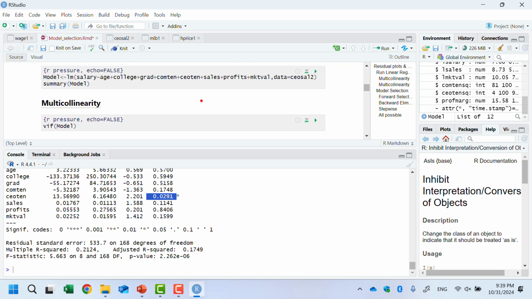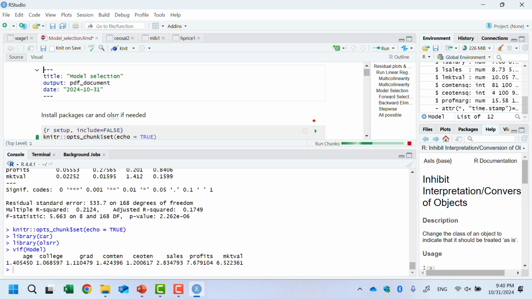Multicollinearity: when we try to find multicollinearity, you have to run this model and you have to have another model. That's why I include everything here. Then bring this model into the VIF function. If you run the VIF, you get a VIF for age, VIF for college, graduate, and so on. As you can see, for profit and market value, the VIF value is greater than 5.